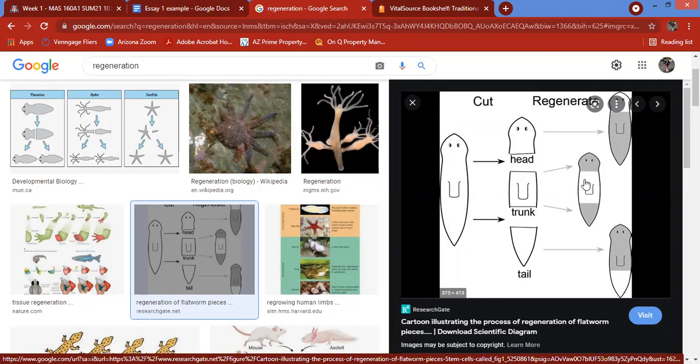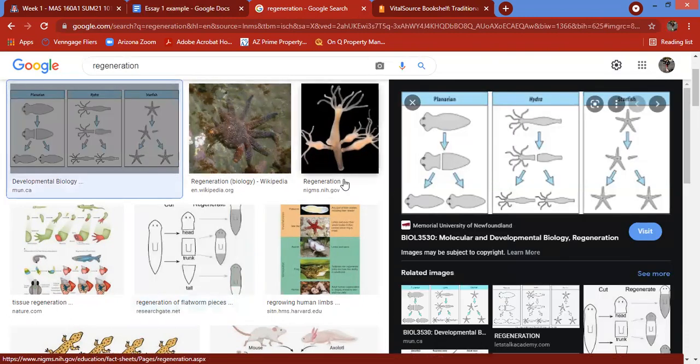Or if the parts are right here, it will actually grow a new head and a new tail. Regeneration is the concept of not only healing, but also coming back stronger. It's healing in such a way that it's almost better than before. If it's definitely as good as before,